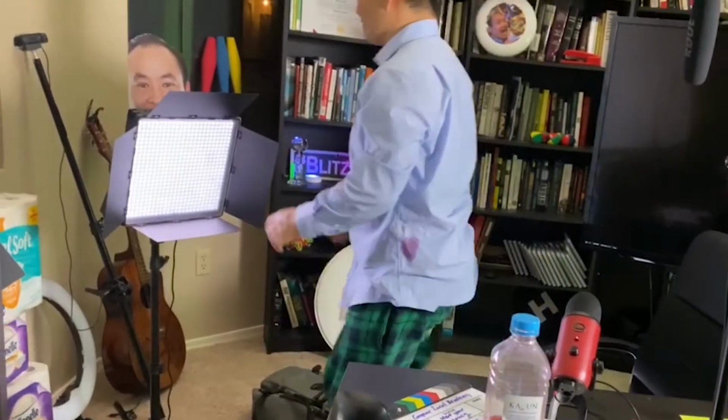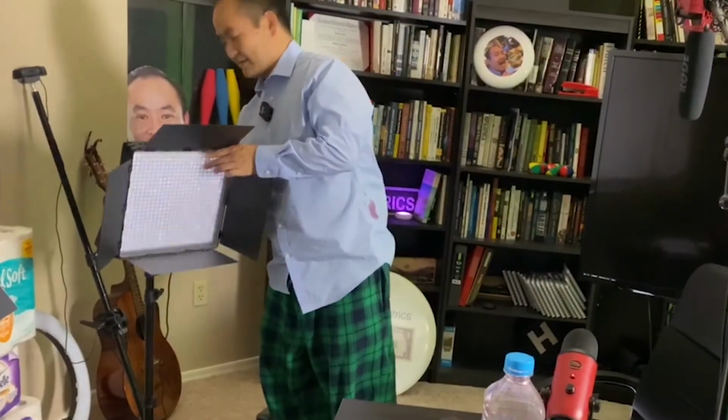Either here or here or here. You want to have light coming on one side, which is the key light, and then you want to have maybe a fill, I think it's called a fill light, where you can see the sort of white reflection on this side? So watch what happens. I'm going to turn some of these lights on and off so you can see what the difference is. So if I turn this off,